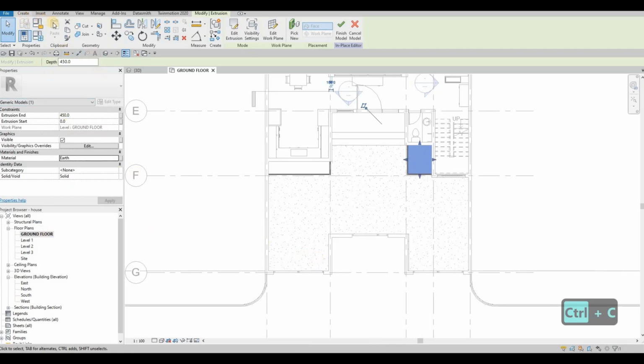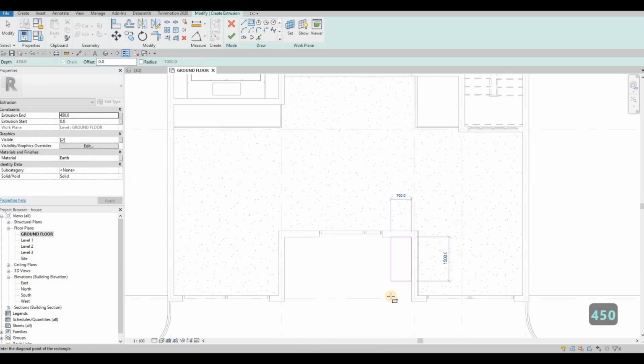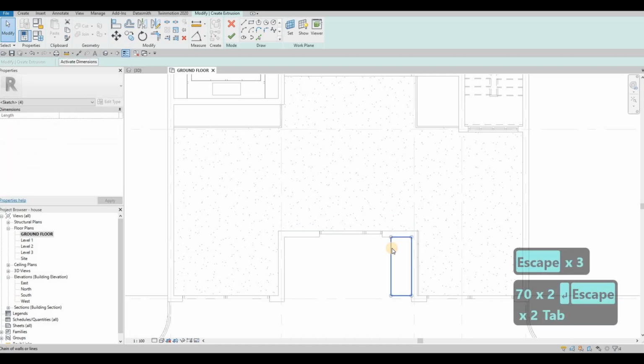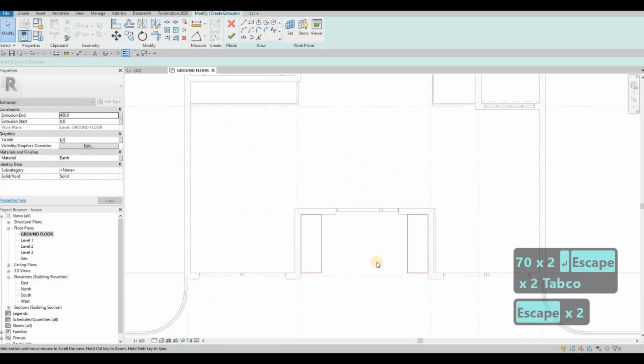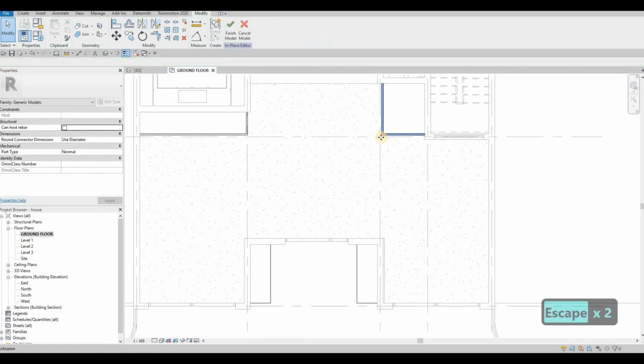So we're in the ground floor, so create, change this to earth, 450 on this one, and we're going to add something right here, and then let's make it 700, and then let's copy it on the other side as well. Perfect. And we're going to click finish, and then here